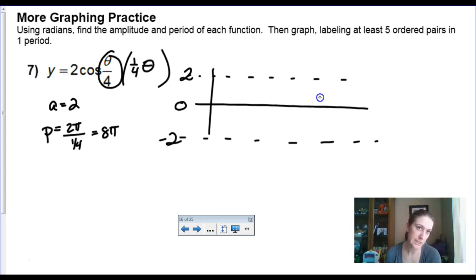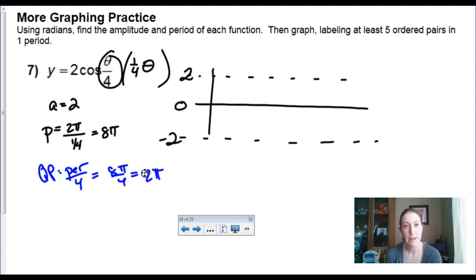So there's no phase shifting today, which means my first point is always going to start at 0. But the other thing I want you to find are what we'll call your quarter points. So you take whatever the period is and you divide it by 4. So 8 pi divided by 4 means that we are going to count by every 2 pi. And if you want to throw a k after it, you can. So starting at 0, we're going to graph our first point, and then we're going to count off by 2 pi's. So this is 0, and then this will be 2 pi, and then 4 pi, and then 6 pi,